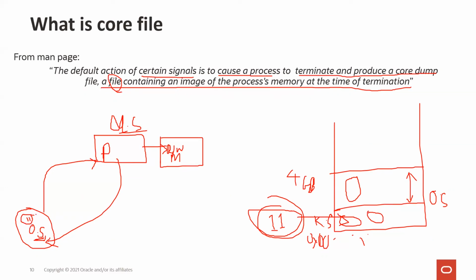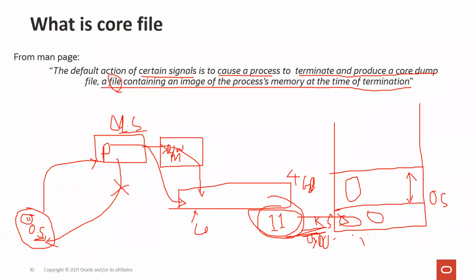Once it is understood who is generating the signal, the OS immediately stops it, because it doesn't allow it to modify its own kernel code. If that happens, the complete OS will be corrupted, which is not allowed. That is a basic fundamental functionality of the OS, to protect its own code. So it terminates the process. Now, based on what signal is received, the process will be dumped. Certain signals cause the process to terminate and produce a core dump. So it terminates and dumps all the memory information and everything the process is doing into a file, and this file is called a core file.